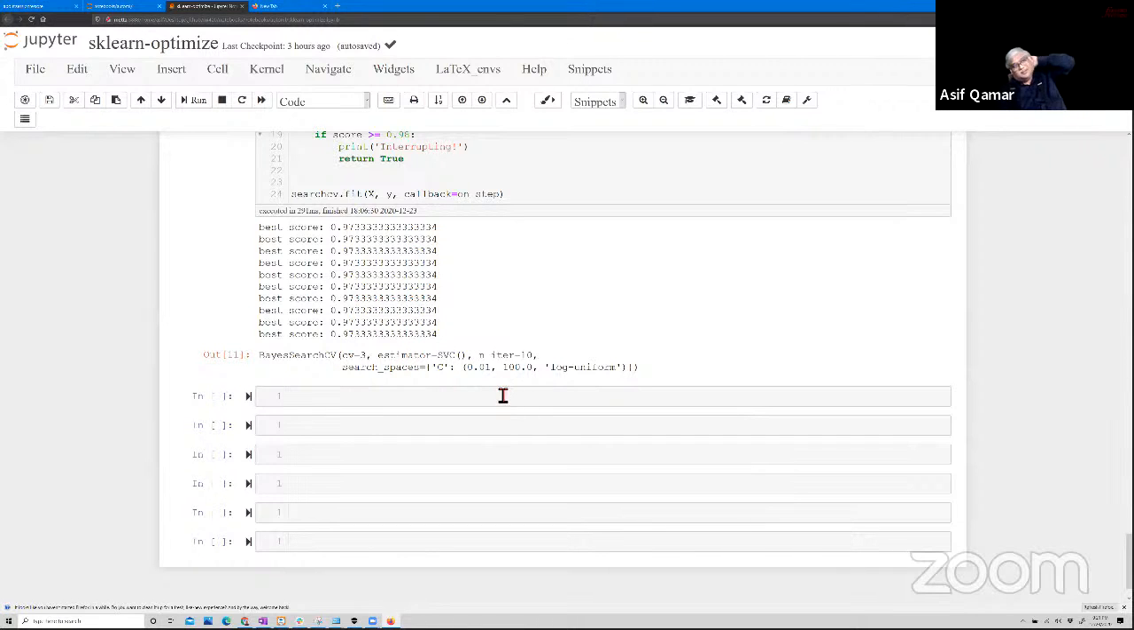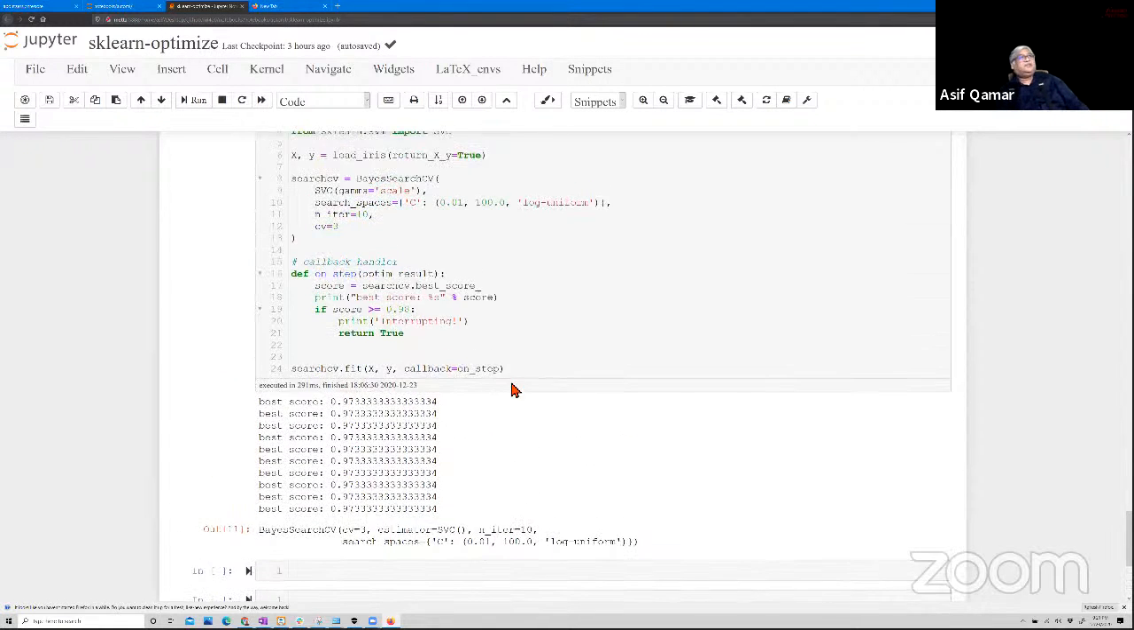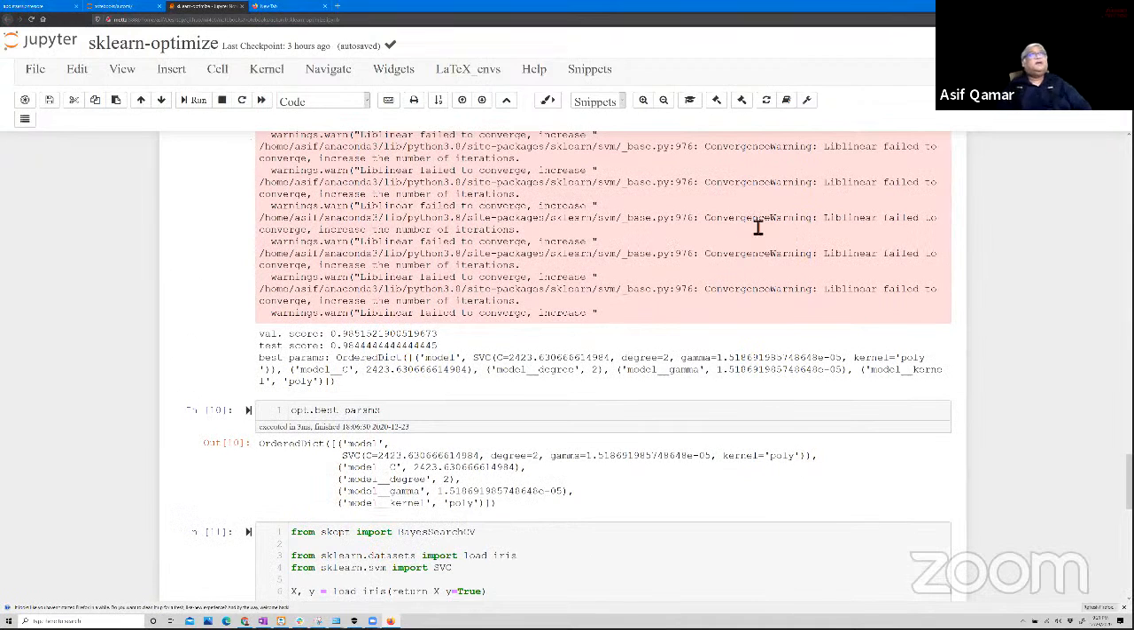Right? So that's that. So this is just one library. Let me now show you something about this library. Now let us hope that